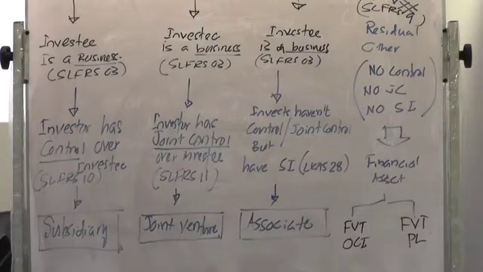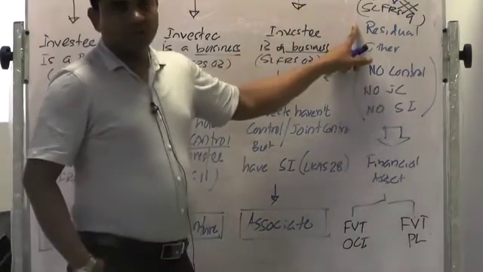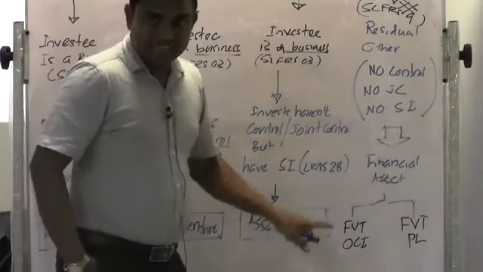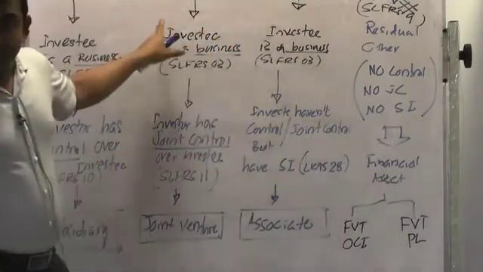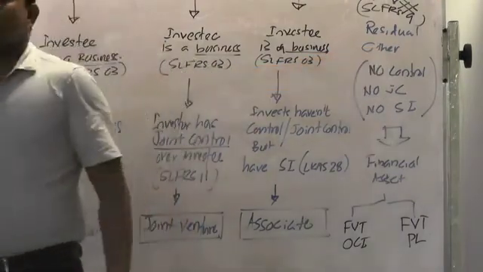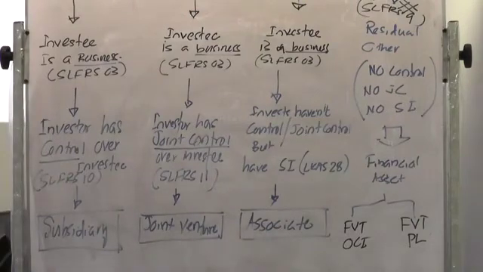Therefore, to apply IFRS 9 on the investment on shares, before applying IFRS 9, see whether it satisfies all these three. If no, apply IFRS 9. Is that clear? Therefore, any investment on share is not a financial asset according to IFRS 9. Clear? Now, here we are talking about only investment on shares that doesn't have control or joint control or significant influence. Is that clear? This is part of consolidation, right? This is very important when you are studying consolidation, right? Okay.